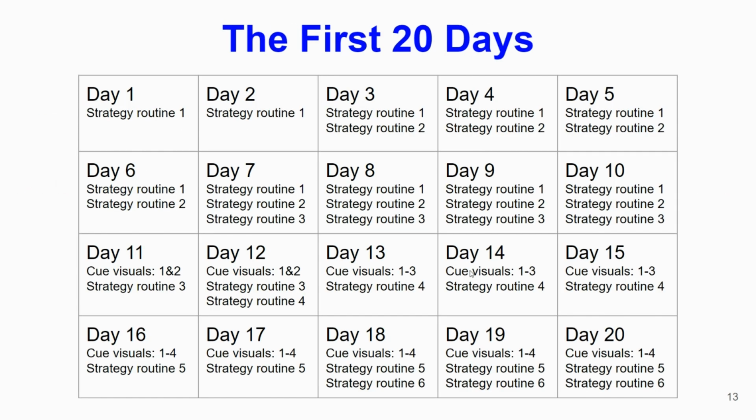So, the first 20 days is simply a way to think about how to launch students into independent use of executive function skills. So, what you have in front of you is 20 days on a calendar, and those 20 days could start on the first day of school or on a Tuesday or on a Friday. It could start in October. It could start the 20 days leading up to winter break. It really doesn't matter when they start. It's simply the first 20 days where you expect a student to start working on something.